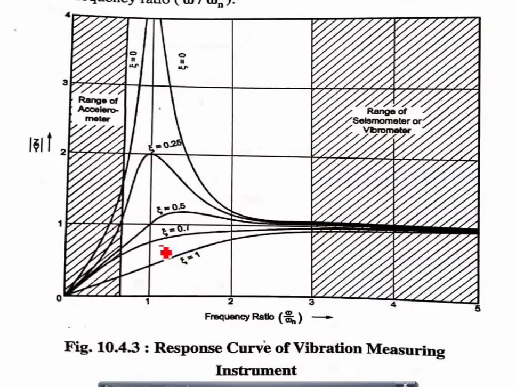Okay. So this curve, that is zeta is equal to 0.7, is also below this line 1, but it is very close towards 1. It is that z by y is not equal to 1 when zeta is equal to 0.7, but it is closer to 1. So we will consider it as 0.98. So I hope you have understood this.